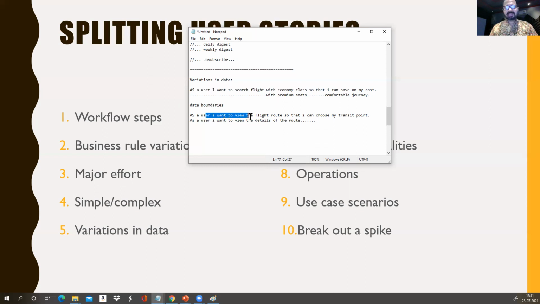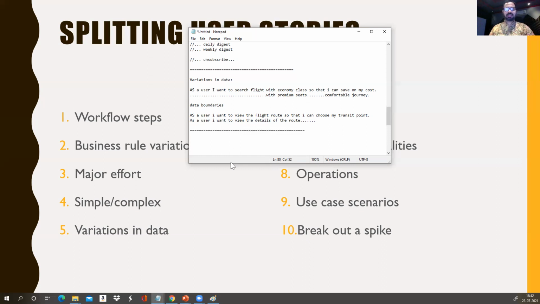Now, after searching the flight, the user wants to view the flight route so that he knows whether it is a UK transit or maybe London transit, Paris transit or Dubai transit. Second, he wants to click that and see what the transit time is between the connected flights, right? How much time distance it is from which terminal to which terminal he wants to go, or maybe some kind of detail. So maybe this is the additional detail for these two, but with the data boundaries, we are able to split further stories from here again, right?